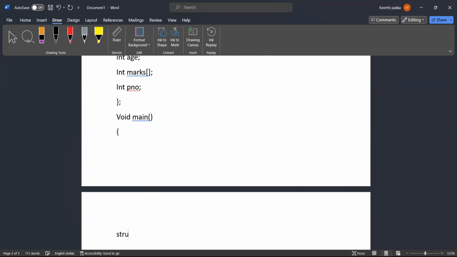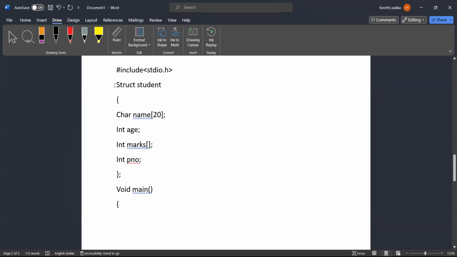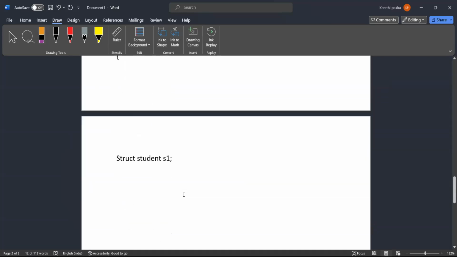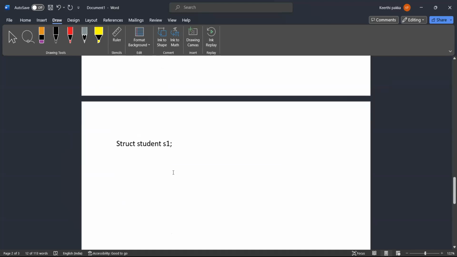That will be written by using the struct keyword: struct student S1. S1 is the instance created for this structure. So memory will be allocated for this structure. Once the memory is allocated, we will ask the user to enter the name, address, age, marks, all those things. Printf,